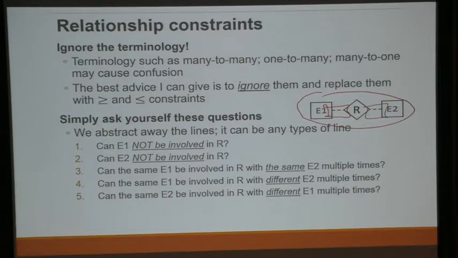The one thing that you need to take note of is that for this particular instance, every pair of E1 and E2 will be unique. Regardless of what kind of constraints you are using, every pair of E1 and E2 will be unique. That's why if you look at question 3, if you answer it, it will always appear as no. And if you go for the n-ary relationship like the ternary, the triples will be unique.